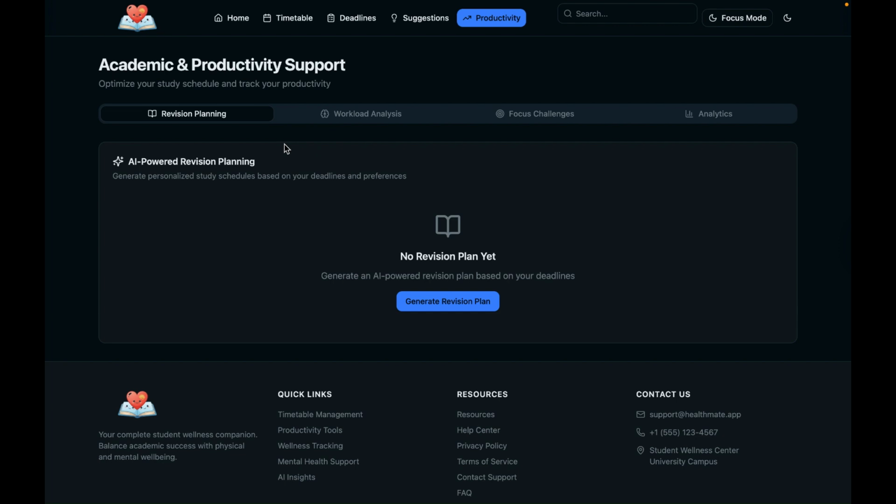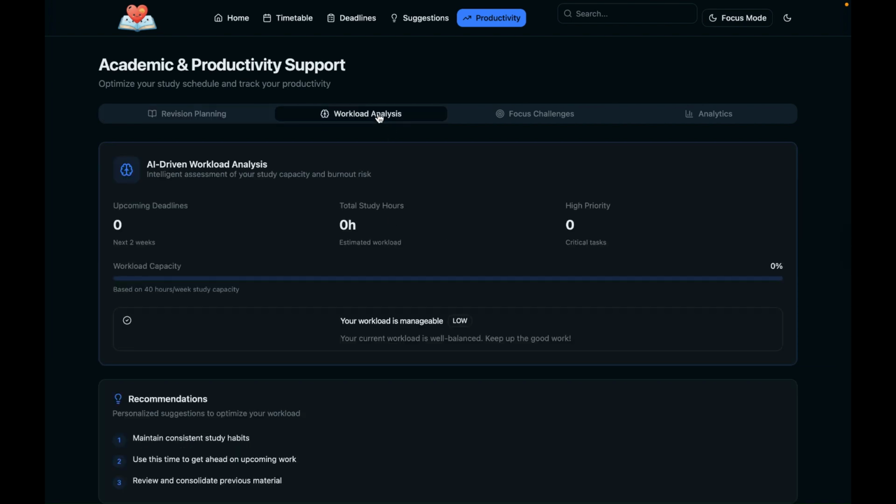In this section we're going to deal with revision planning. This is AI powered. If you have a deadline, some assignments, etc., you can put it in. This is a feature for the future where you can create revision plans. Then you can have a workload analysis, seeing how many deadlines you have, how many hours of study you might have, and how high priority these are. Like if I have a lot of high priority deadlines and a lot of hours of study, you have to see,